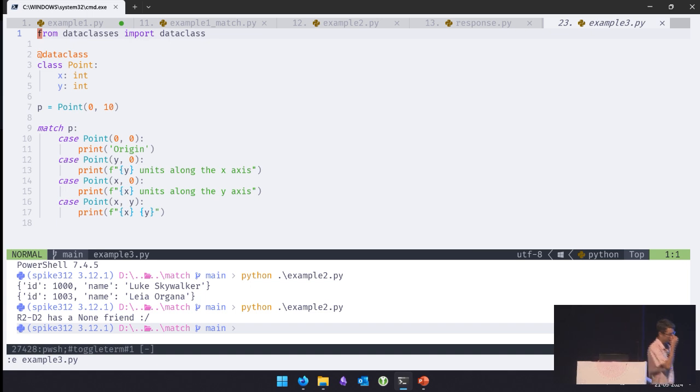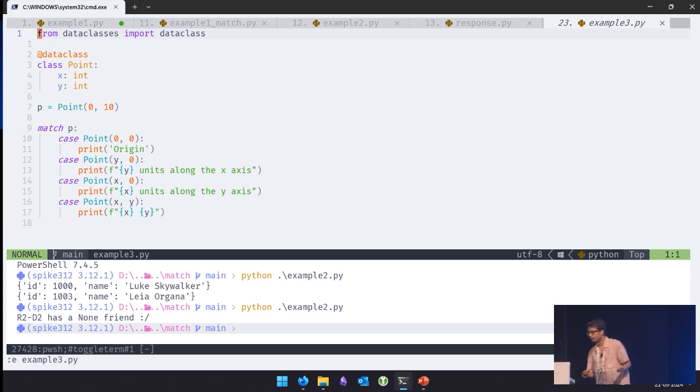So here's an example. I have a data class and it has two values, x and y. And I created an object, p equals Point(0, 10). Now here in match p, I can test what kind of value it is. If it is a Point with 0, 0, so x and y both are 0, then it will go to that block.